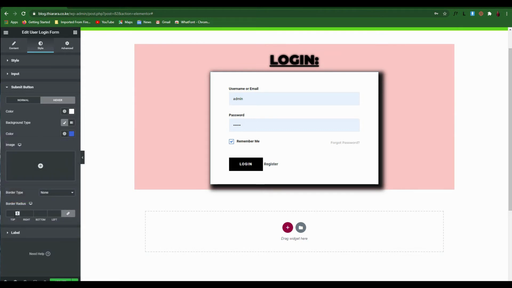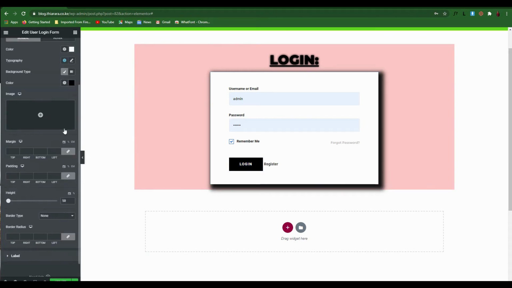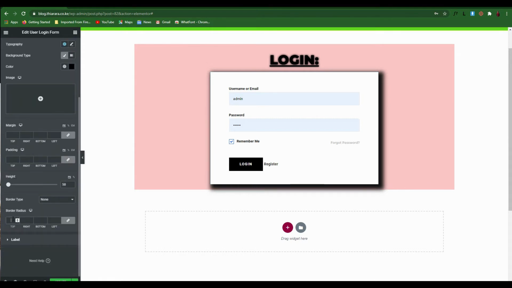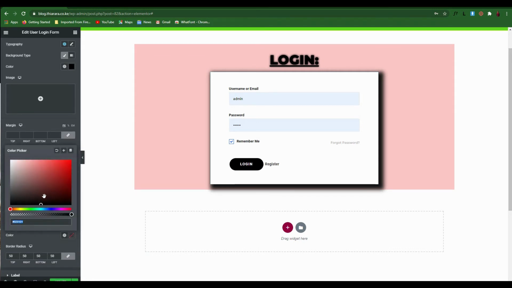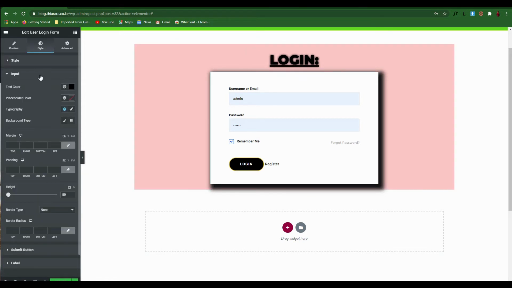That is it. You can even add some border radius to something like 50, and you have it solid. Yeah, let's get back to normal and set the border radius to something like 50, like that. You see, and we add a border type of solid, and we add 2. In the border you can add something like yellow, like that. And it looks good. That is our form, but you can set this input, so you can add a width of maybe 1,